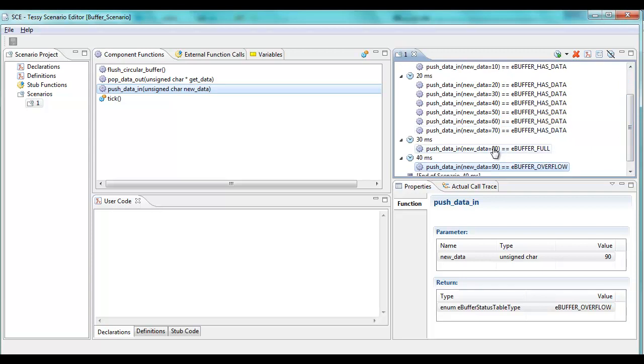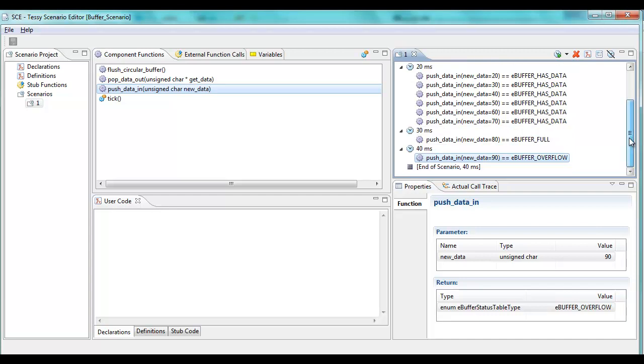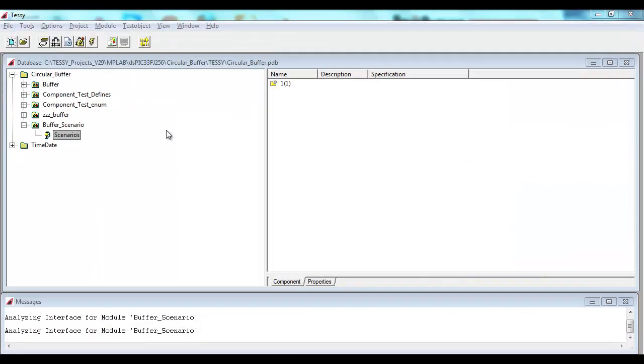The status of the buffer changes when we put the 8th element on, it changes to eBuffer full, and then when we push or attempt to push the 9th one on, we get an overflow situation. Okay, so that forms our first test scenario, and now we can test this using, in this particular case, the GNU compiler. So if I close the scenario editor down and I come back into here,